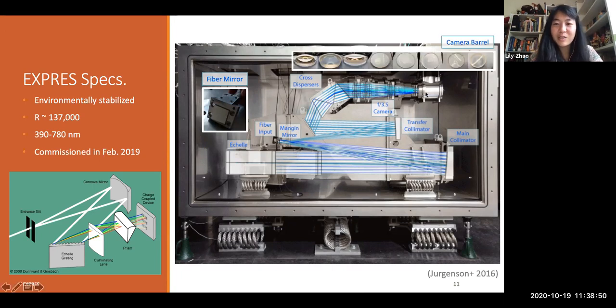Our camera barrel has no less than 8 optical elements in it. And so we have all these different lenses here to make sure that the light passes through regardless of wavelength in the same way. And the line spread function, or the way that the light spreads out on the detector due to these optics, changes very little. And if it does, very slowly throughout our detector. And so data right next to each other on the detector look very similar to each other.